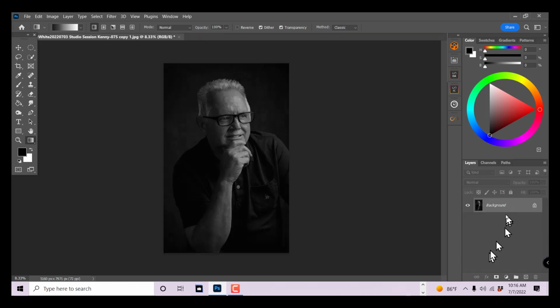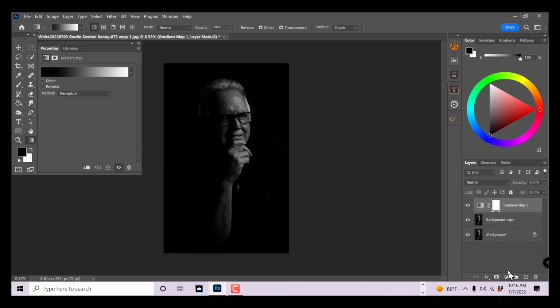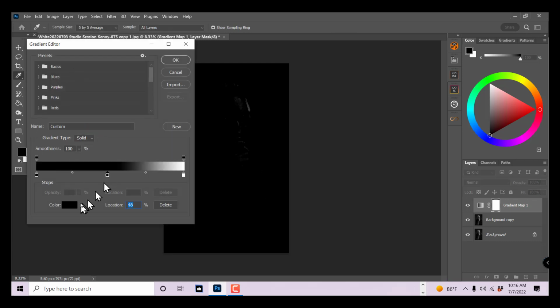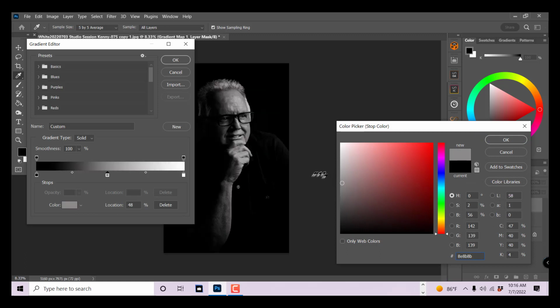Now some smart cookie is going to say, can't I put a gradient map adjustment layer over the top? And the answer is absolutely. If you just click on the split circle and you go to gradient map over here, same thing, a two-tone gradient map. That's too severe, so I click in here, brings up my gradient editor, I click underneath, change my middle point to a gray tone,